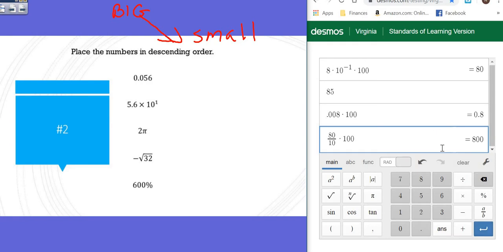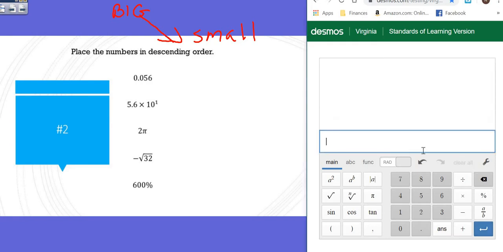So I'm going to clear my Desmos calculator, and I'm going to put all of these in my calculator. The first one is 0.056. I'm going to multiply that by 100, and that gives me 5.6%. Then the next one is 5.6 times 10, and I'm going to bring that to the first power. Then I'm going to move it down and multiply times 100, which gives me